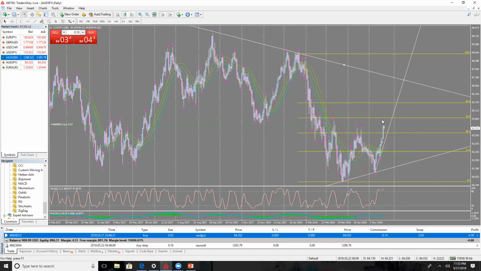You're going to look for a sell move back to this trend line. Wait for a break and retest of the 38.2. Wait for a break and retest of one of these strong resistance levels. That's where you're going to find really, really good